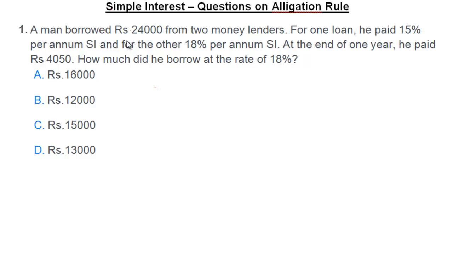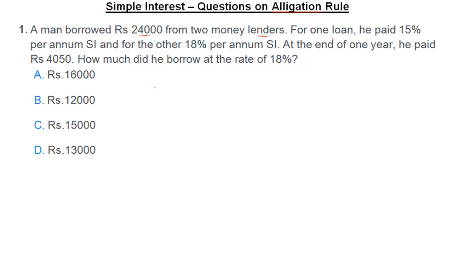In this class I am going to take questions of simple interest which can be solved with the help of alligation rule. So alligation rule can be conveniently applied to the questions of simple interest, and this will also save your time. Right, so let's start with question number 1 that says a man borrowed rupees 24,000 from two